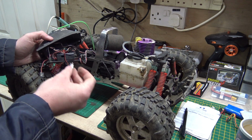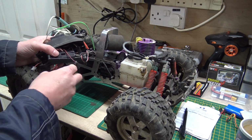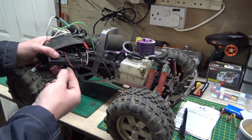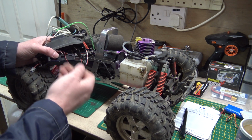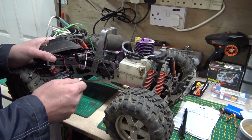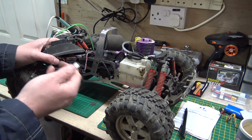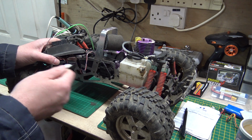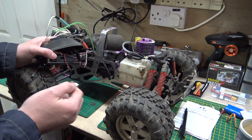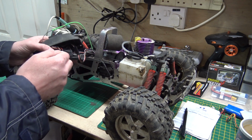I like to keep AM, you know, RC quite alive. I like it, but I do want this to be reliable as well. I do want to be able to go out and enjoy it this summer. So I think I might see if I can afford a 2.4 gigahertz little kit for it, you know, just a cheap one. You can get them off Model Sport for about 30 quid. So we'll see if I can get one of them for it, I think, and put that in here just for